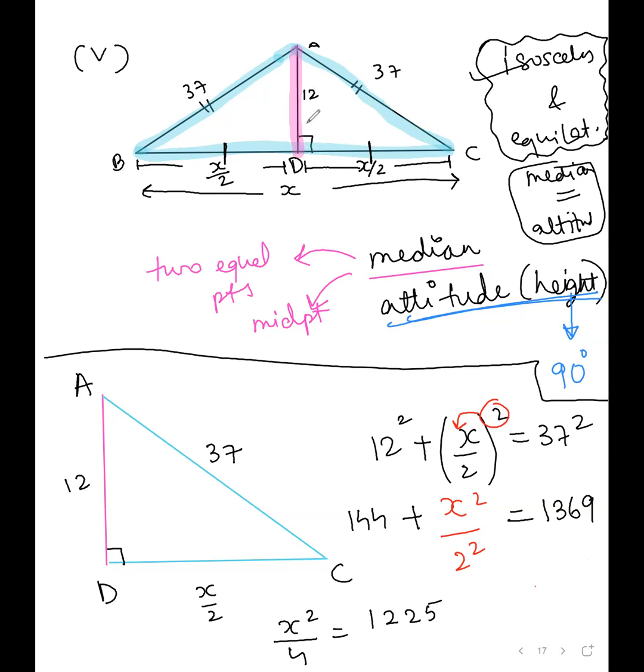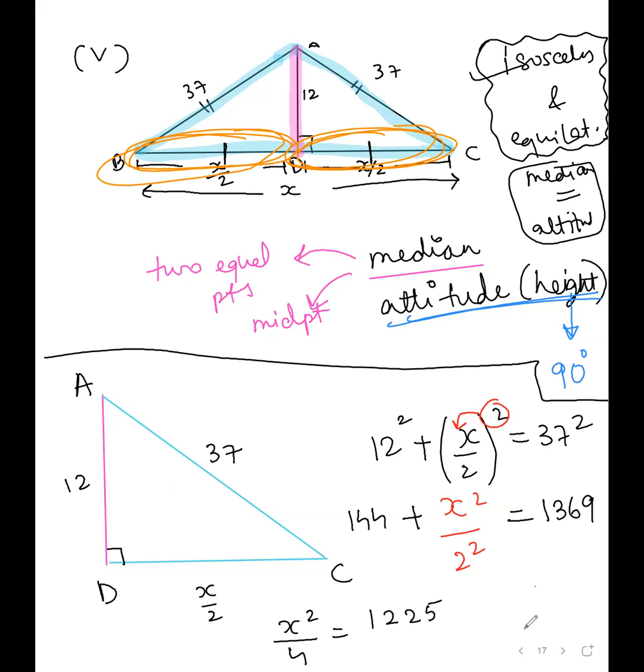But we used our brain and realized, oh wait, this is an isosceles triangle. This blue triangle is an isosceles triangle. In an isosceles triangle, whatever the altitude is, that will be the same as the median. So this pink line, which is the altitude, is going to be the median also. And median means it divides this whole line segment into two equal halves. This and this are both equal to each other, and when you add them, that gives you